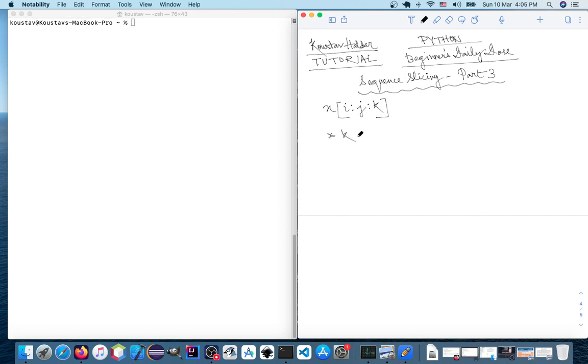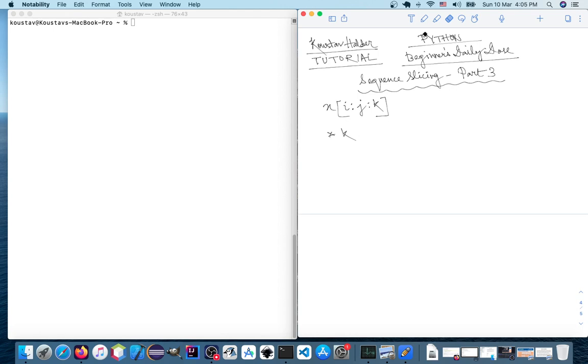First of all, k cannot be zero. If k equals 0, it will throw a ValueError exception. k cannot be 0. Now, if k is a positive integer,